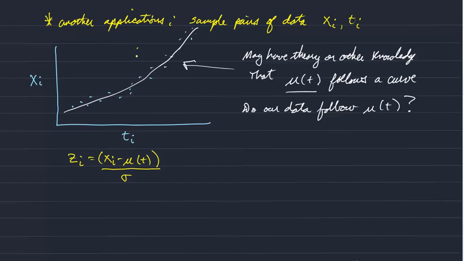So at any given value of T, there's going to be some variation in X about the mean. And so it makes sense that if we're going to contrast X with the mean value, we should compare that to a measure of the variation expected due to other processes. So there's a natural variability